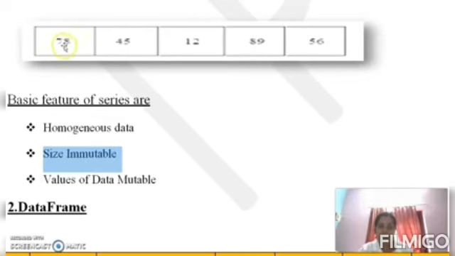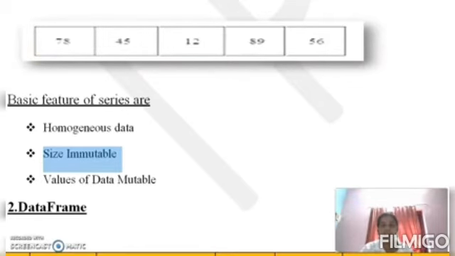Then the next property is that values of data are mutable. Here the values are 78, 45, 12, 89, 56. Values of data mutable means we can change them. If we want to change this 78 to 75, then it is possible because the values of data are mutable.